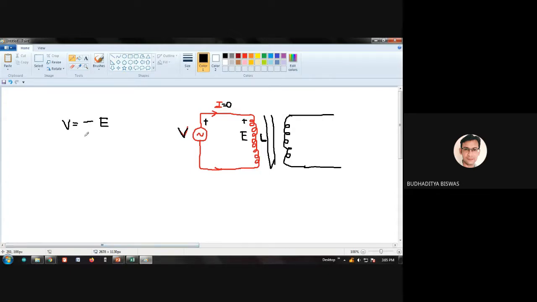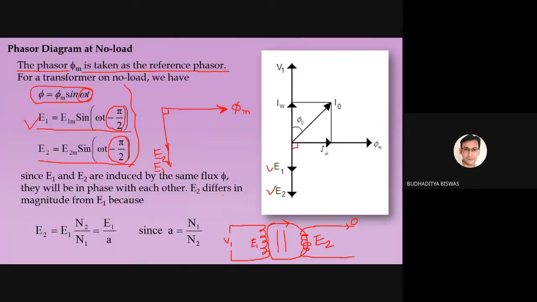So in the phasor diagram, how to draw this? If this one is V, how to draw E? If this one is E, how to draw V? Sir, opposite direction. Very good. You people are able to answer this, but if I ask you this time, nobody answers. So now we already drew E1, the induced voltage. You want to draw V1. You just extend this line in the opposite direction, and that should be our V1.